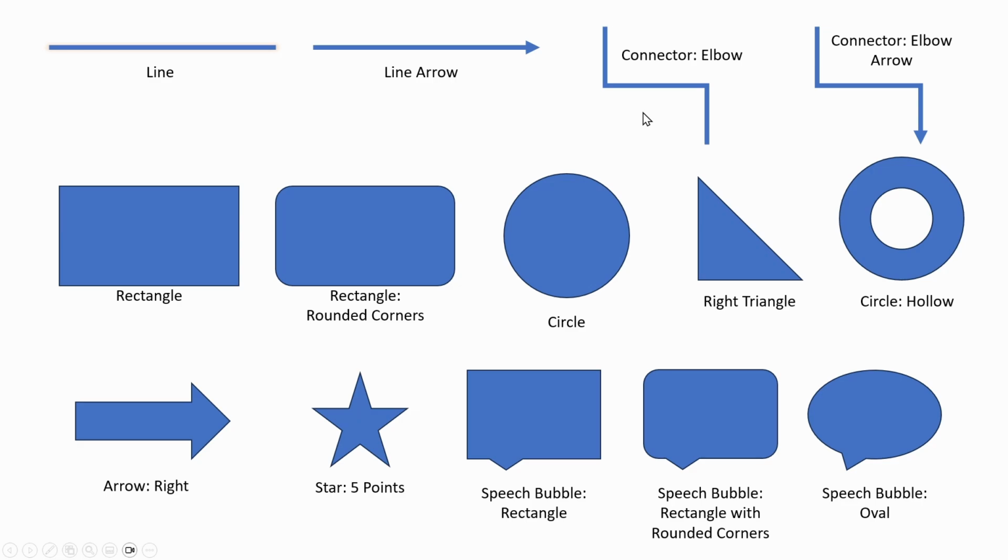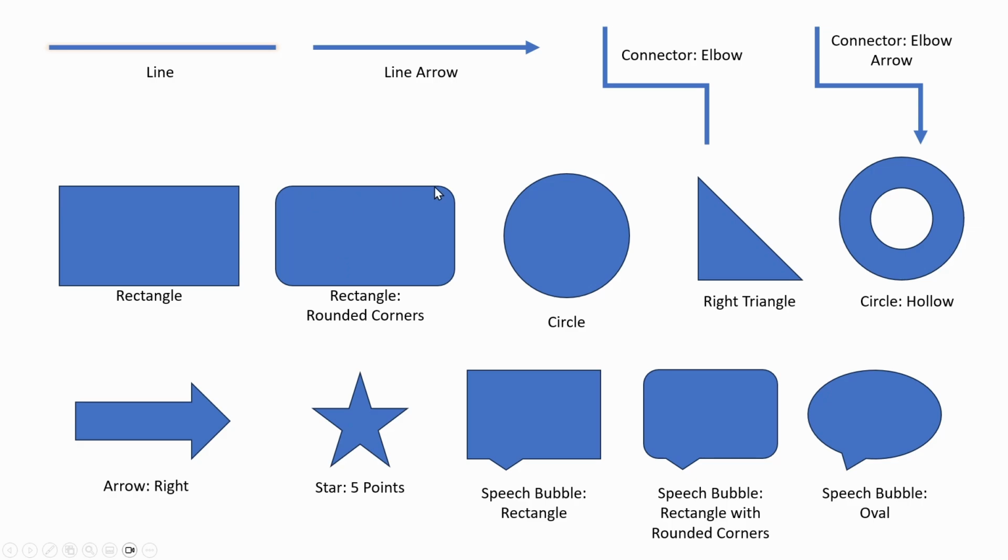Then to connect across objects on your slide, you would need something like a connector elbow. Then similarly, we have connector elbows with arrows. There is also a curved version of this. Then we have our trusty rectangle, then rectangle with 4 rounded corners. There could be other variations of these,